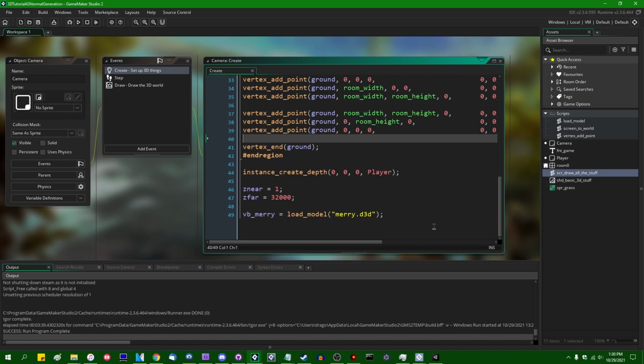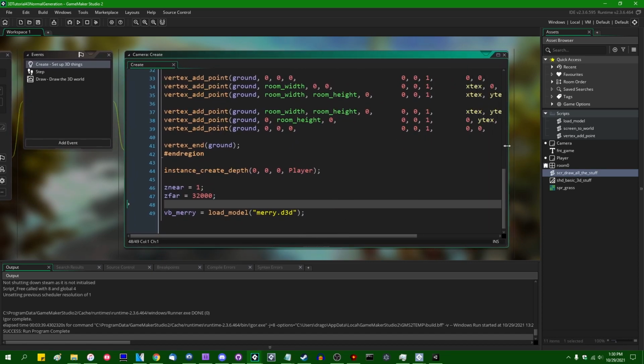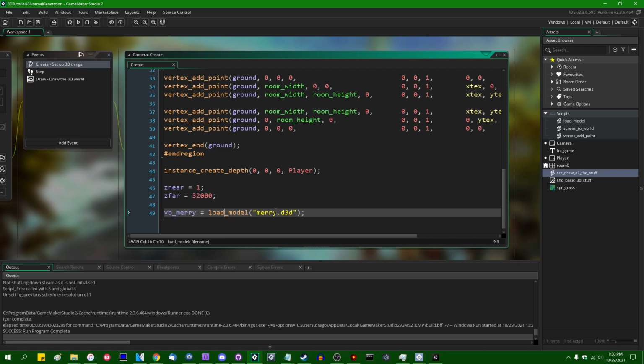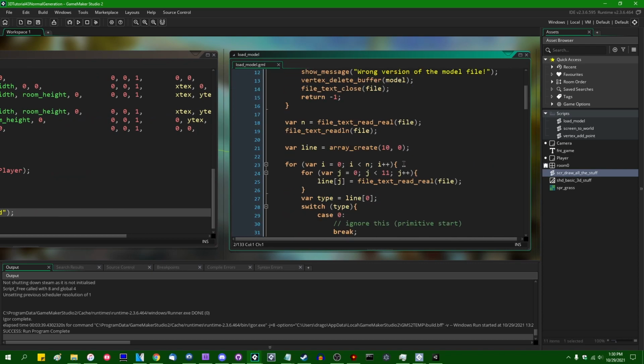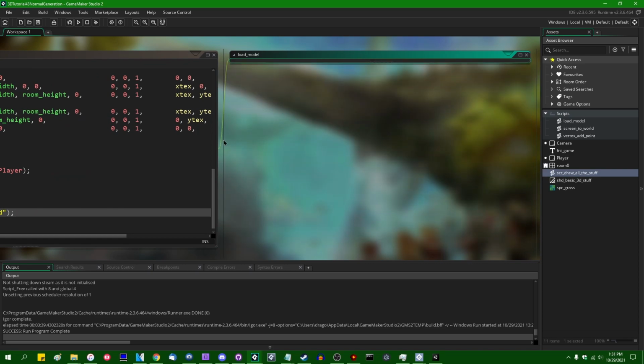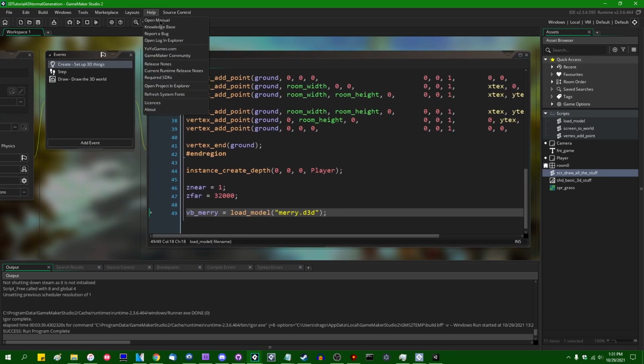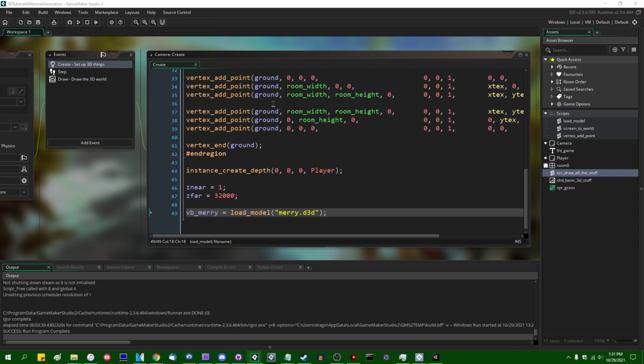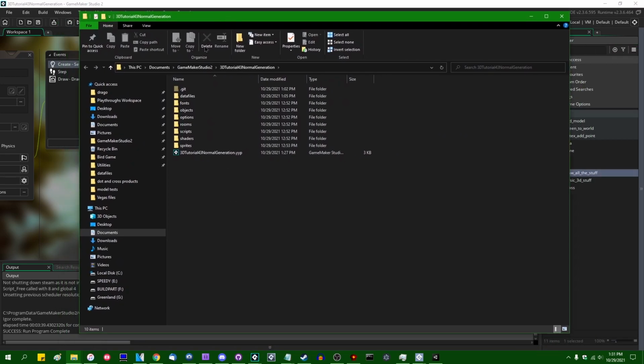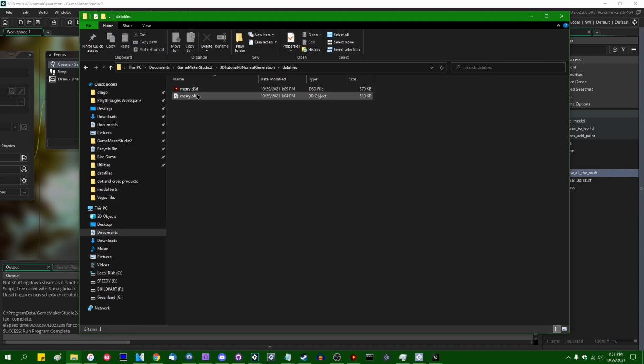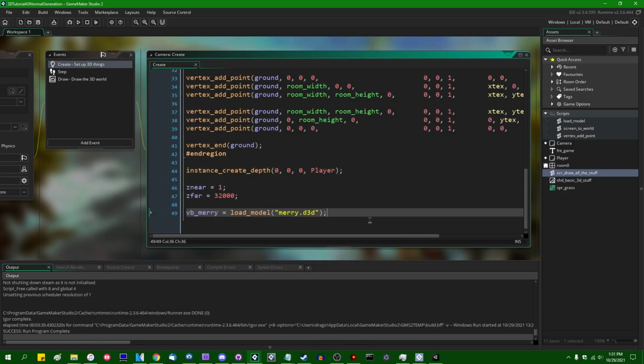This is just the same old basic 3D rendering test program that I've been using since basically the beginning of the series. This is loading Merry.d3d from a file. This is that old load model function. If you prefer to deal in OBJ files and not the ancient GameMaker 3D model format that I've been using, I've also included an OBJ version of it, although this project does not contain OBJ loading code, so that's